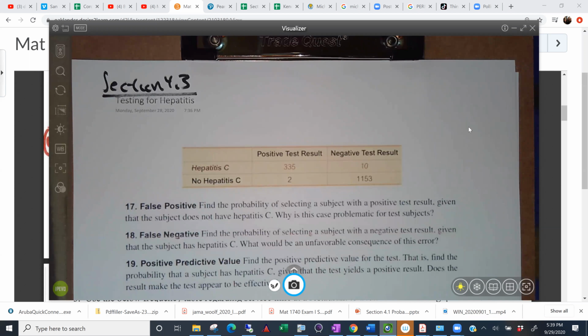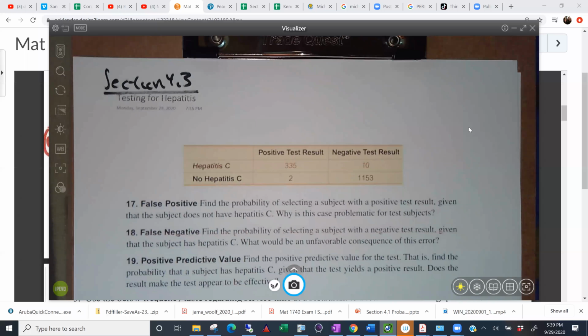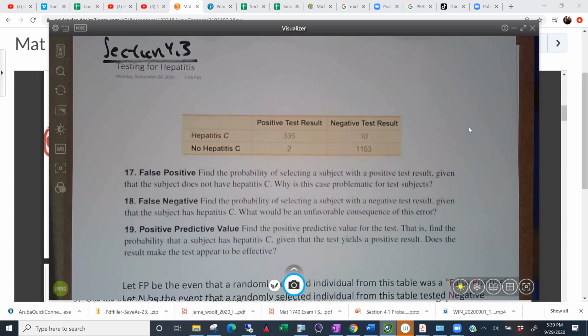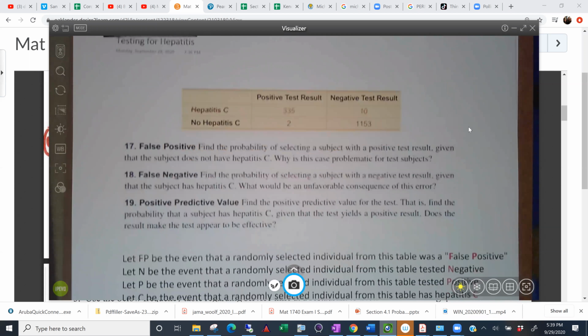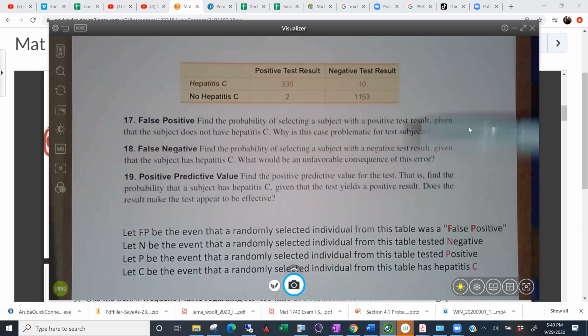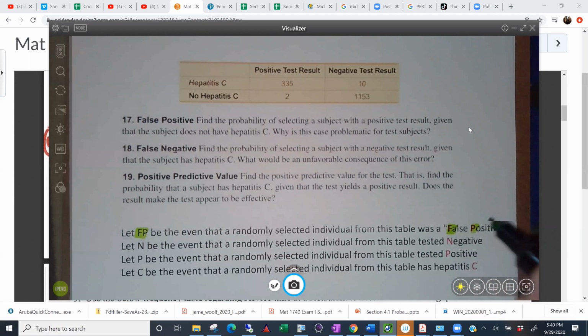Okay, so we're going to continue work in section 4.3. We were talking about a lot of conditional probabilities and things like that. Now, I've given you in your handout this table and these questions, but I also took a little extra time here to suggest some notation like FP be the result of randomly selecting the individual from this table that was